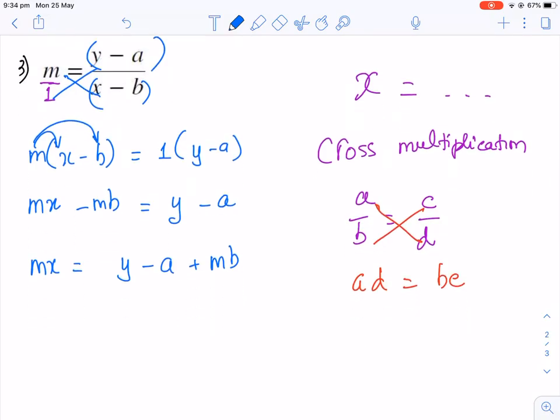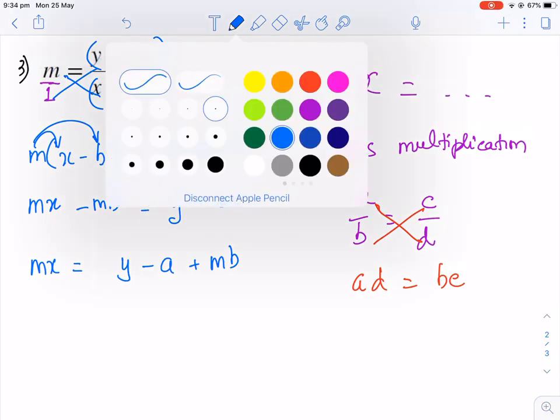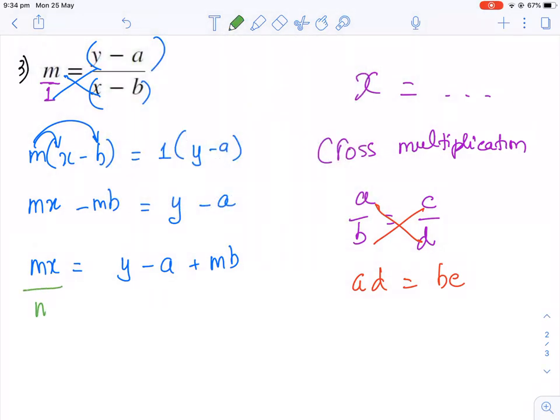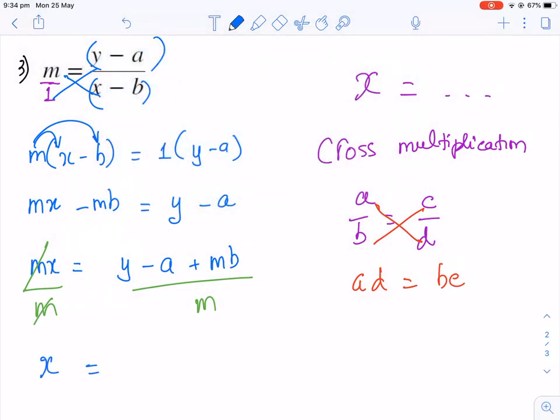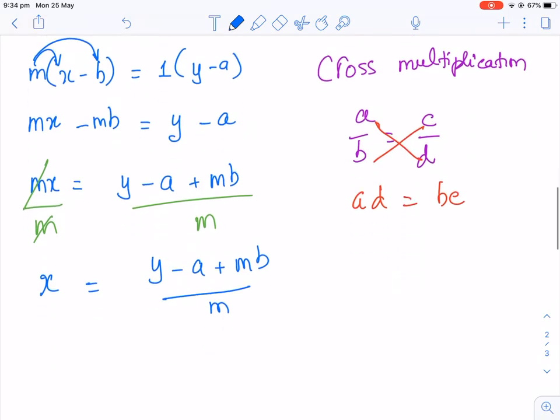Because I need to make 1x equals something, but here I have mx, to get rid of m, I have to divide both sides of the equation by m. So they cancel, and then my left-hand side will have x. The right-hand side is y take away a plus mb divided by m. You can leave it like that, or you can split it into y take away a over m plus b. This is your